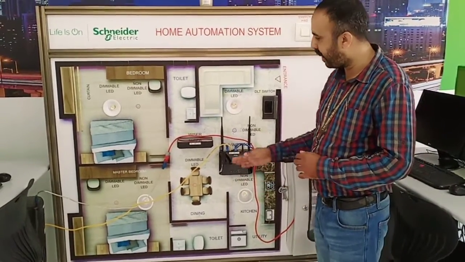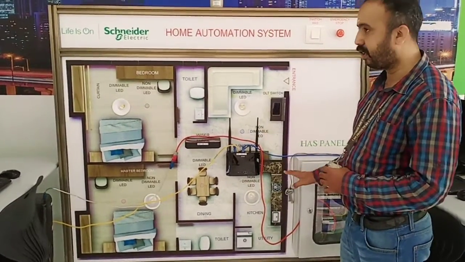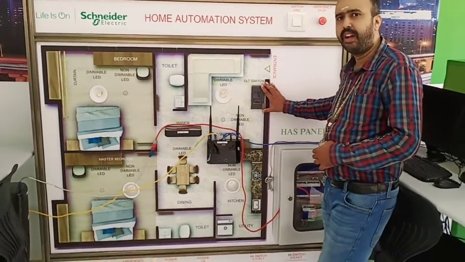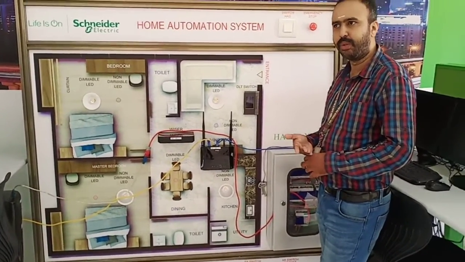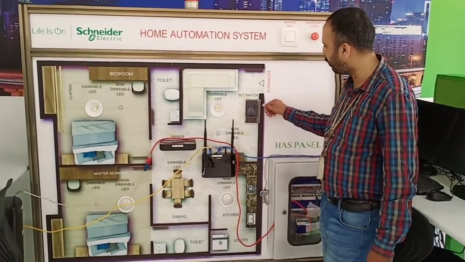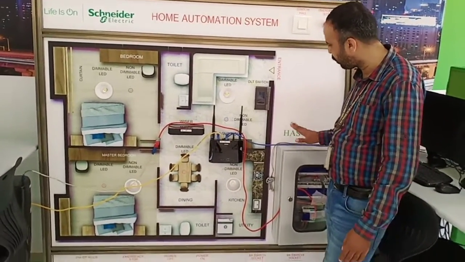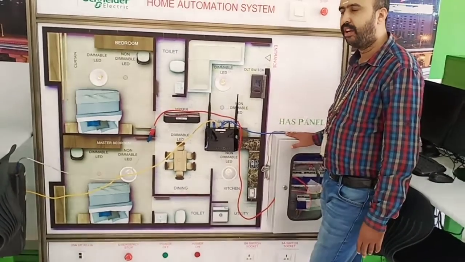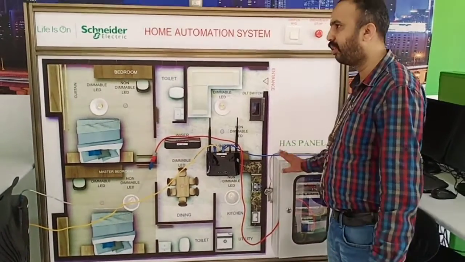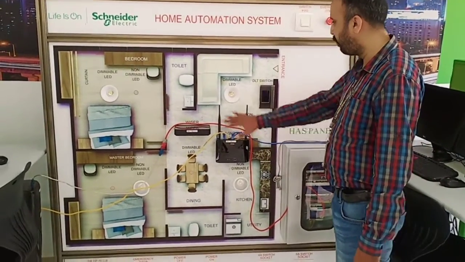This is applied in real time, so it is a real-time venture. Everything you can control remotely, and here we are not using the normal on-off or toggle switches that you use in your homes. Here we are using a digital switch, which also has to be configured with this C-Bus system. Whatever it may be, all the controls will be in this C-Bus system. This is the heart of this home automation system. If this is not there, we can't control anything.